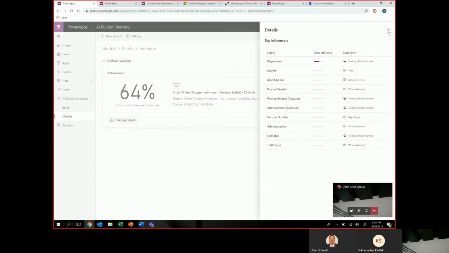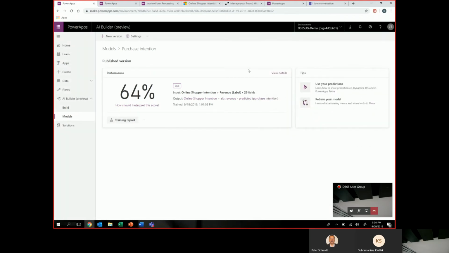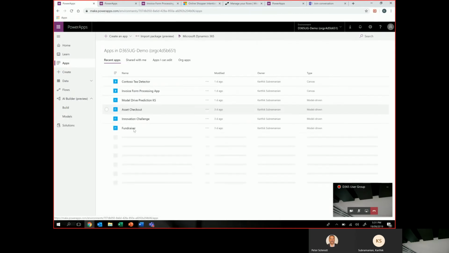So based off of that, any new customer intentions records that would come in would then output that probability value into Dynamics, into a custom field that gets created, as well as show an output of whether it's a true or false value based on that probability. So if I just quickly go to Dynamics,